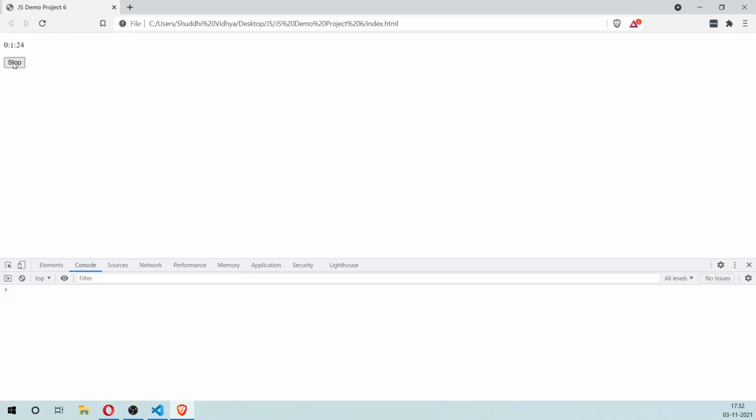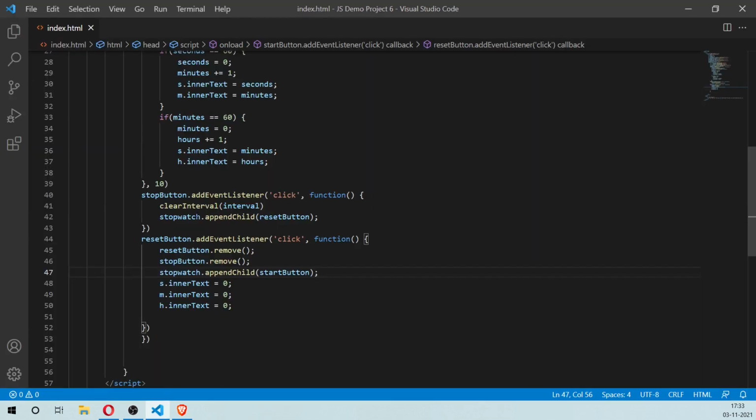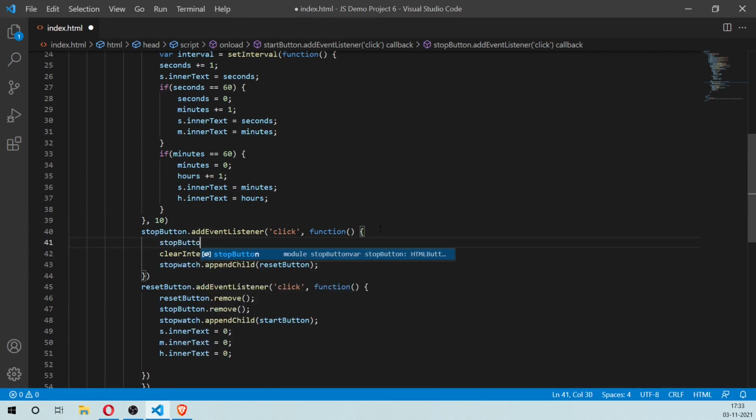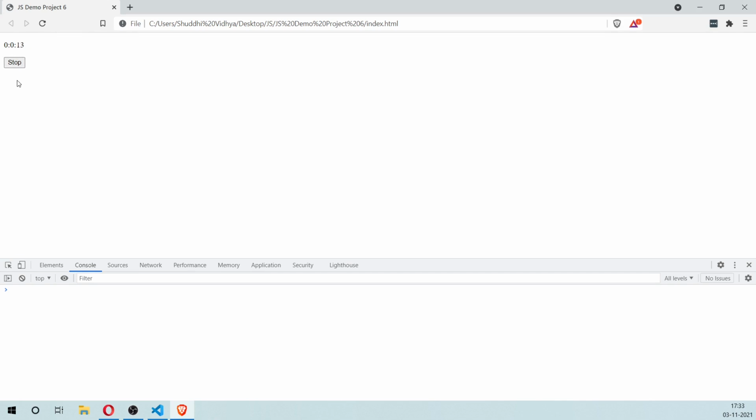So start, stop, and we should also remove the stop button when stop is pressed. So start, stop, reset, start, stop, reset.